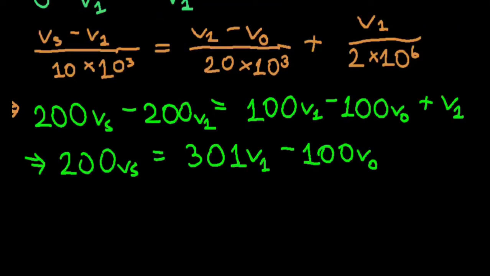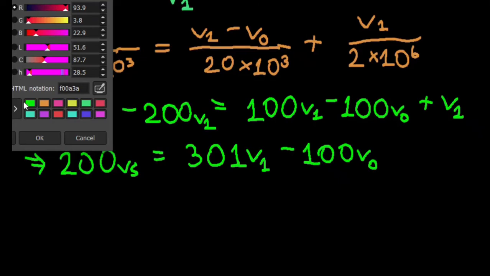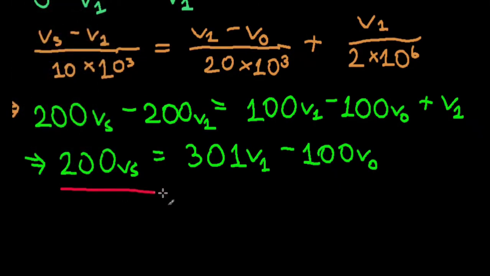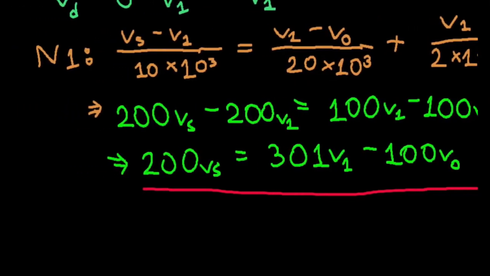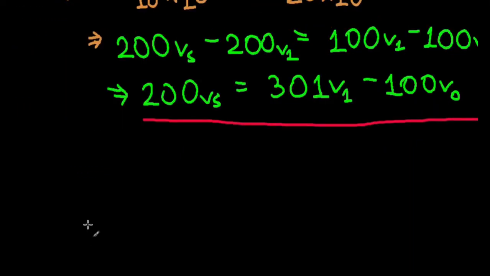This is what we get from the first node. This cannot be simplified any further yet. Okay, so we'll leave that as it is for now. Let's move on to node 2. So at node 2,